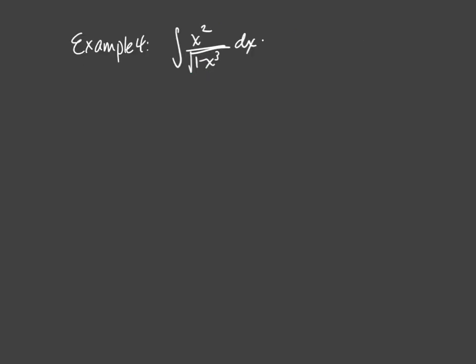All right, so first thing is I'm going to rewrite this using my algebra skills. Yep, skills with a Z, right? The square root is 1 minus x cubed to the 1/2 power, but then when I bring it up to the numerator, it becomes a negative 1/2 power. So I'm going to choose u. Again, it's the inside, right? What's inside the parentheses, or what we would have multiplied by the derivative of in part of the chain rule.